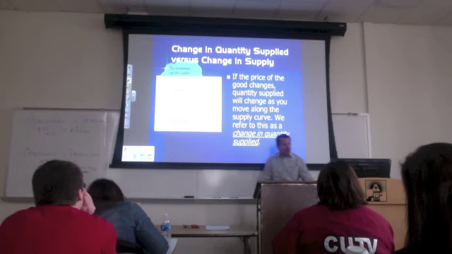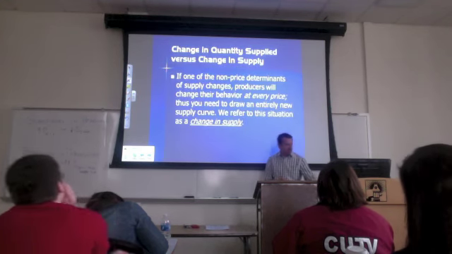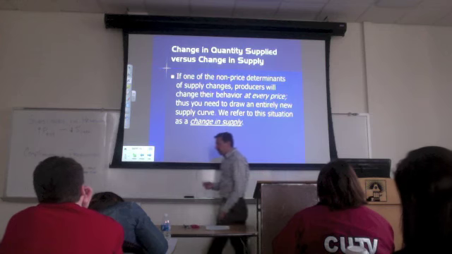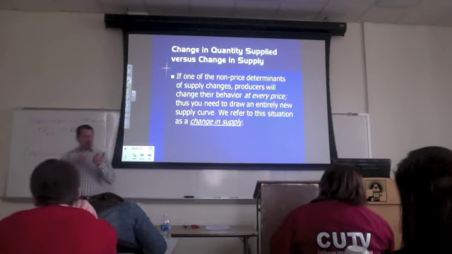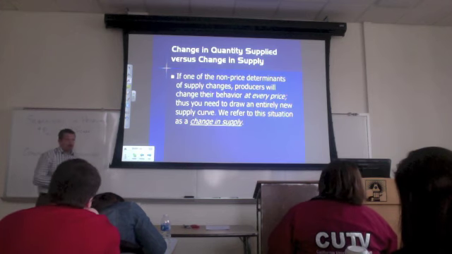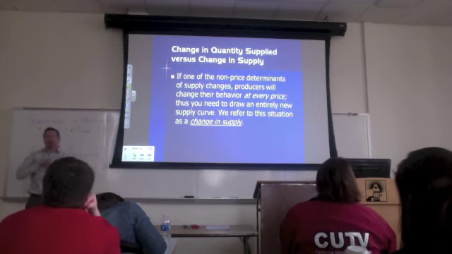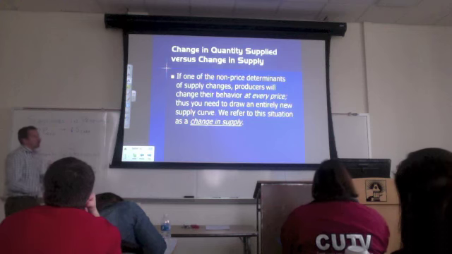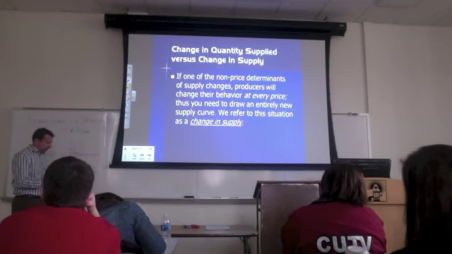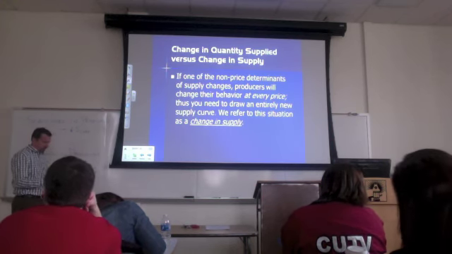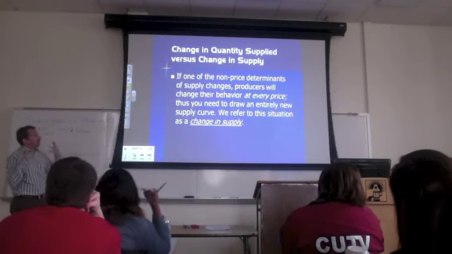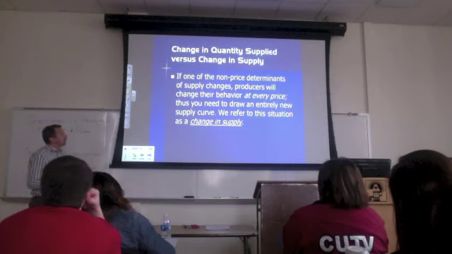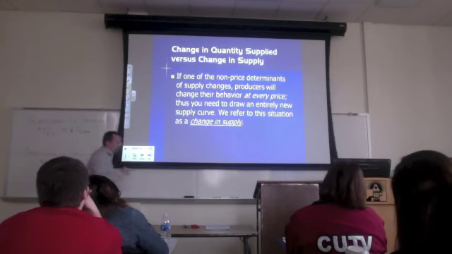On the other hand, if something other than price changes, so one of the non-price determinants of supply, that would be input prices, or technology, or taxes or subsidies, or the number of sellers, or producer expectations, or the price of related goods in production. Yeah, I thought I'd forgotten one, but that's it. So one of the non-price determinants of supply, if one of those changes, now the producer's behavior will be different